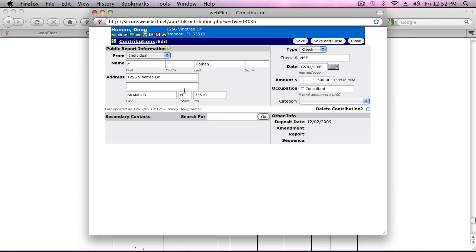Okay, so when you get to one that you see you need to edit, you can just click on the sequence number, which says right now unfiled 186. And then it'll pop open that individual transaction where you can edit at that point. So let's just say we need to change this to